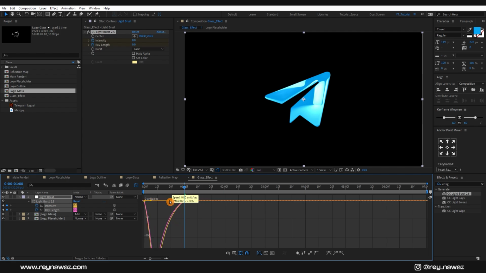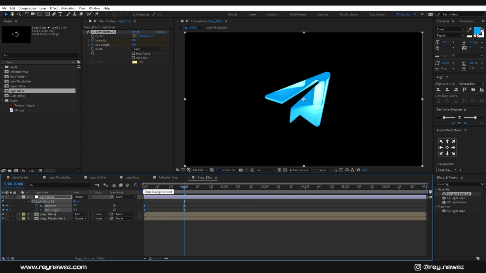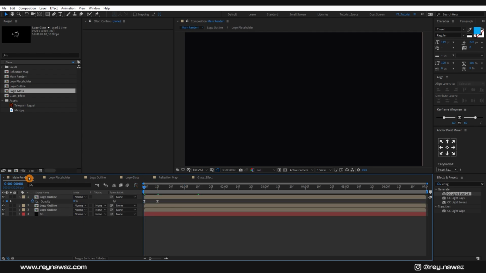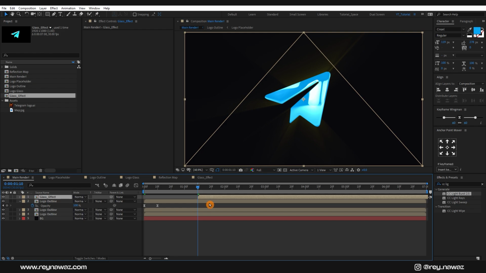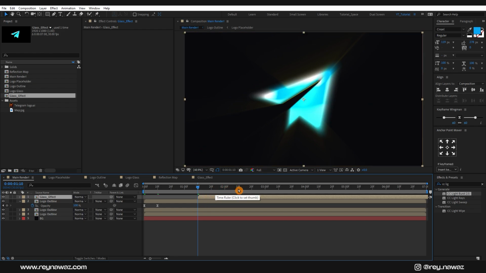Select the keyframes and drag them to somewhere around 80 or 82% influence and this one around 20 or 25%. Perfect. Go back to your main composition and drag and drop this glass effect composition right here and drag it to 1 second and 10 frames and go at 2 seconds and 10 frames and hit T on your keyboard